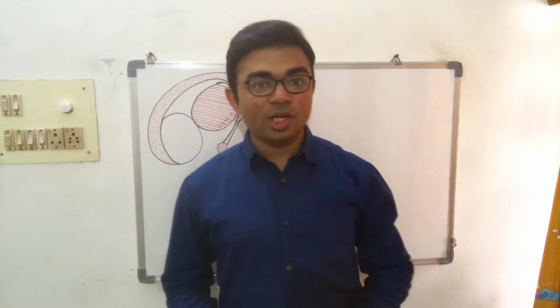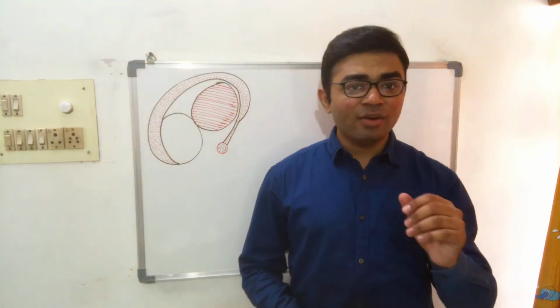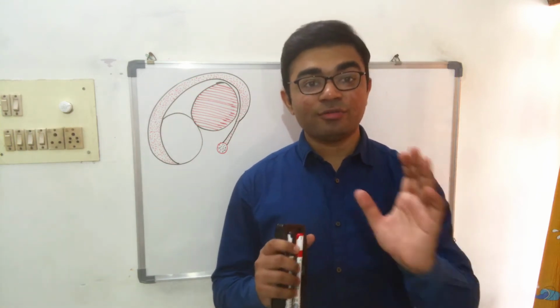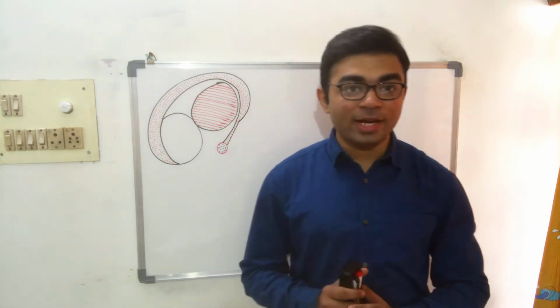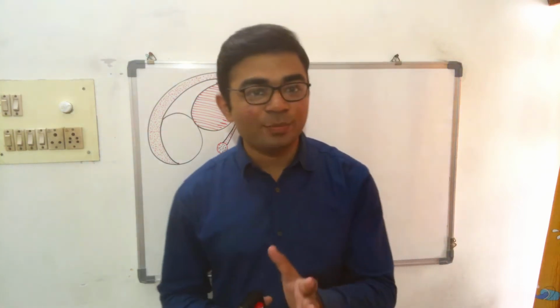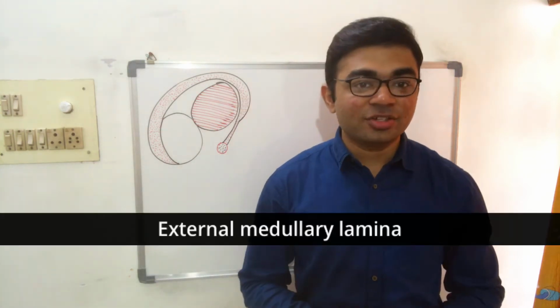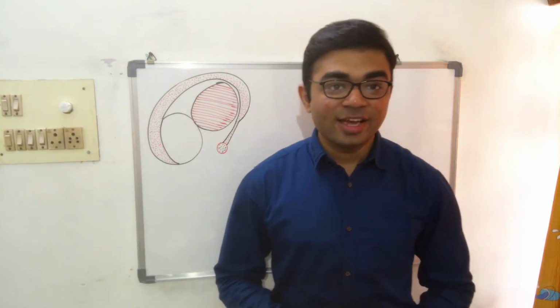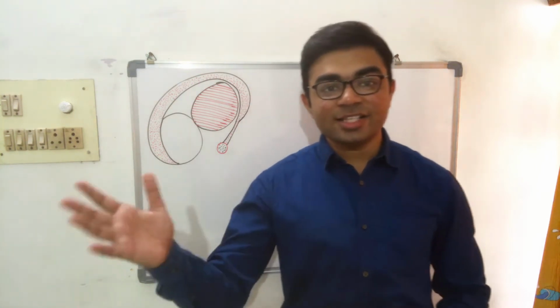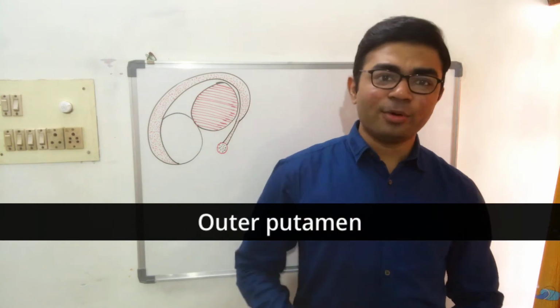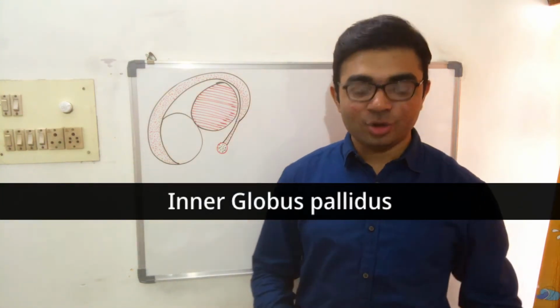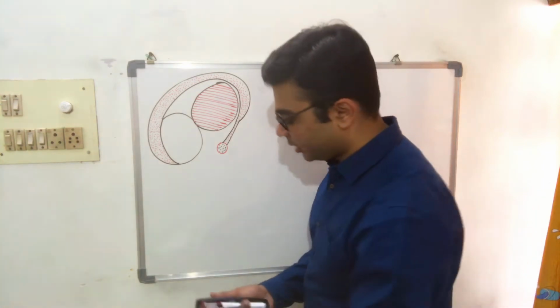The lenticular nucleus is a part of the corpus striatum, but because of the white matter plate, or I can say the structure of the white matter, which is named the external medullary lamina, it is divided into two portions: the outer portion, that is the putamen, and the inner portion, that is the globus pallidus. So now let me write it over here, that this portion,